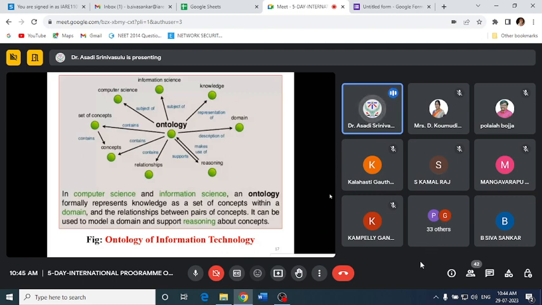That's why we are developing a mapping. This is called create mappings, mappings of ontology of information technology. See here, we are finally representing knowledge, that means information. By using ontology, you need to find out a domain of information technology. So in information technology, we have domains like databases, which is one important term, and one more is networking. Databases is one domain, networking is one domain, and natural language processing is one more domain, and